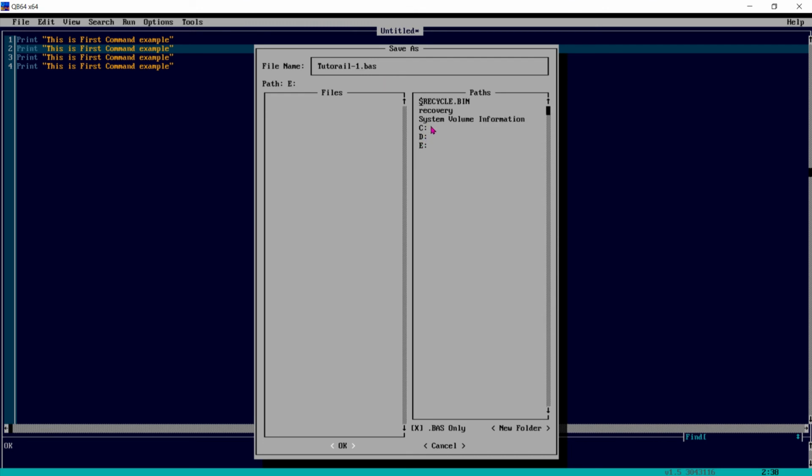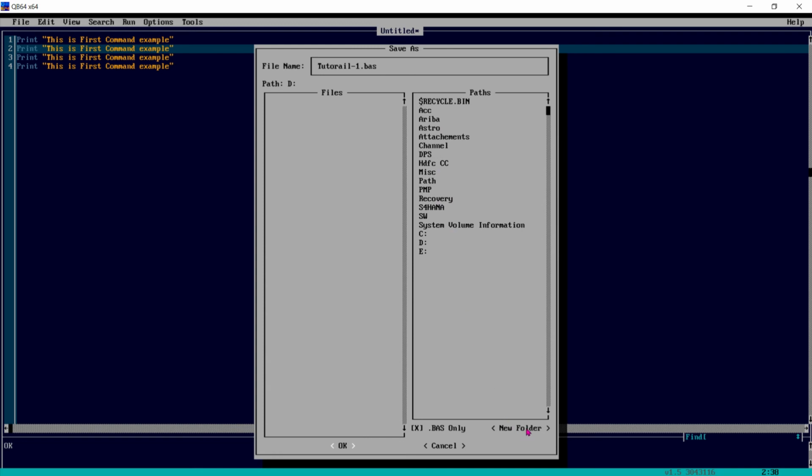We can go to the directory, or we can select C drive. From here we can select the paths, in which folder you want to save. Let's say I take D drive, and there are different folders.